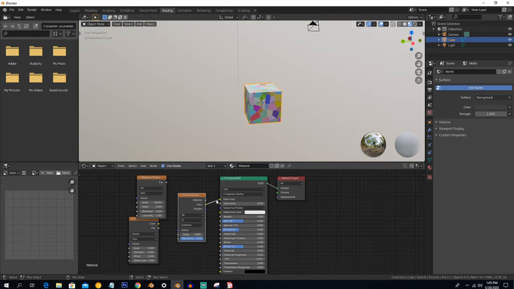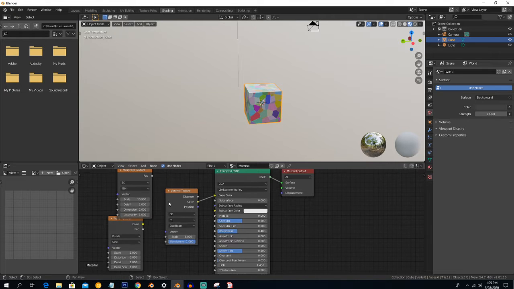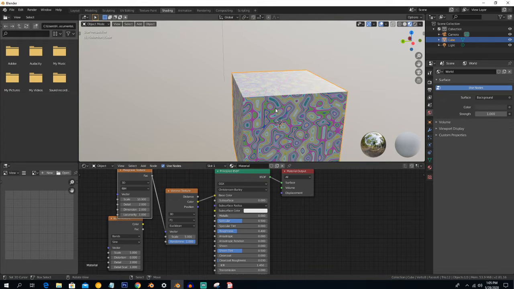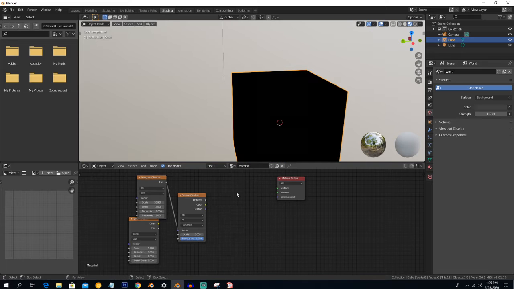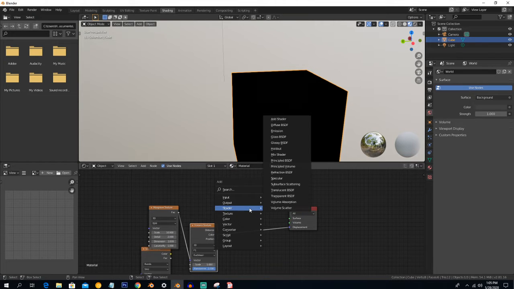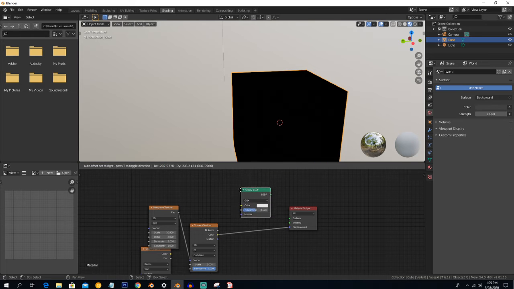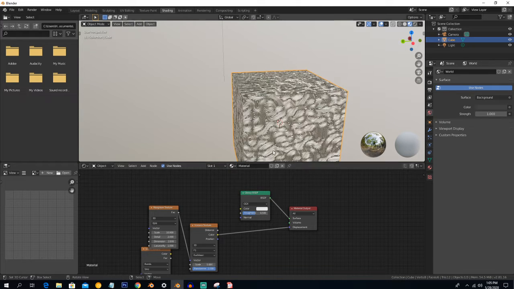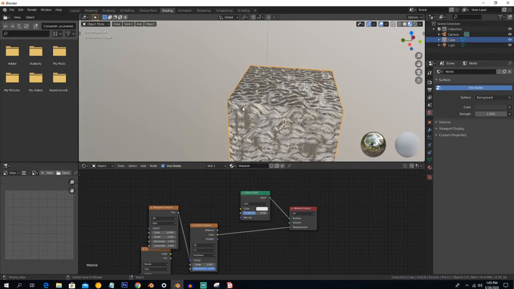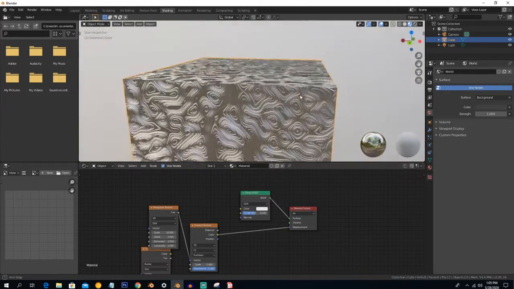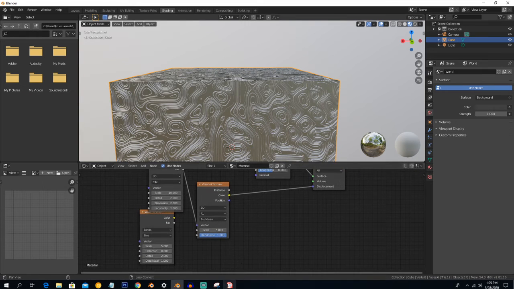This output is yellow and this input is yellow, so you have to connect these two. But what if we connect these opposite colors, output and input node, into it? So you can get here a very cool result, like I show you here. Put this color into displacement, and now you just have to put a shader, glossy shader, into the surface. So you can see here this cool texture you can create, and also you can customize it.